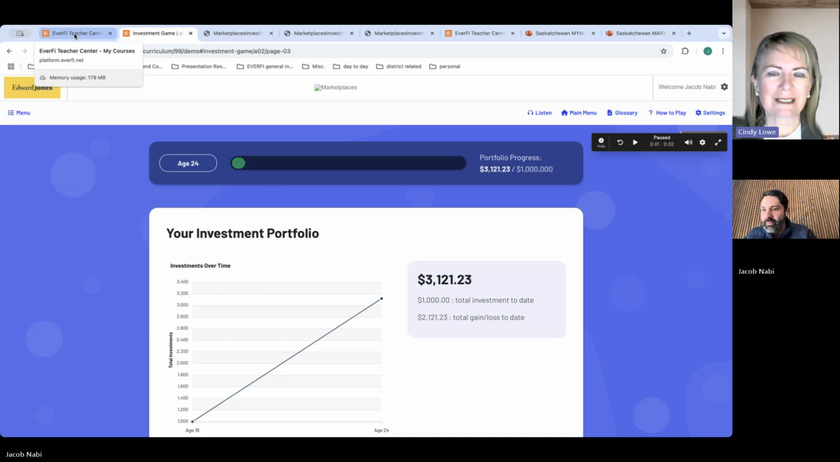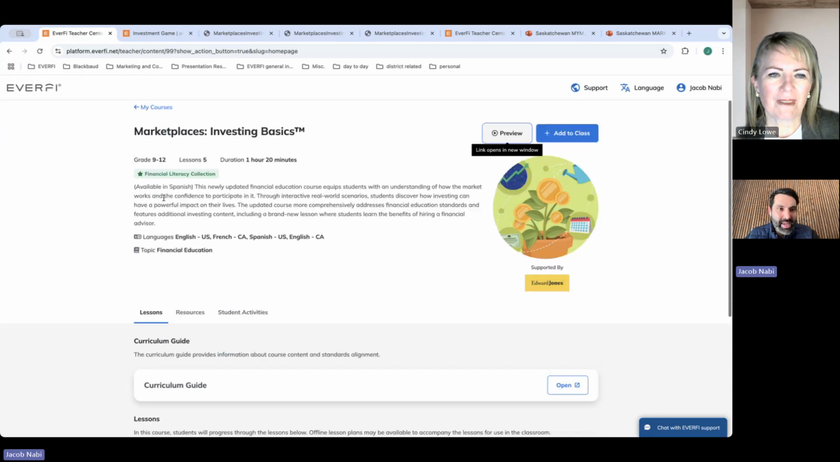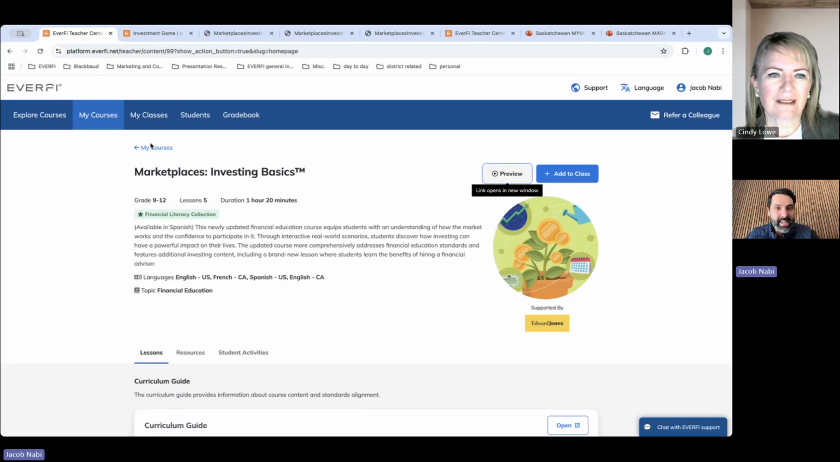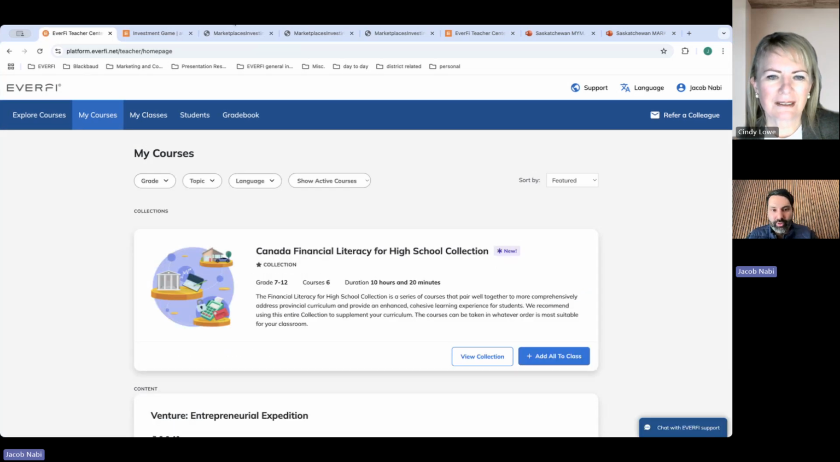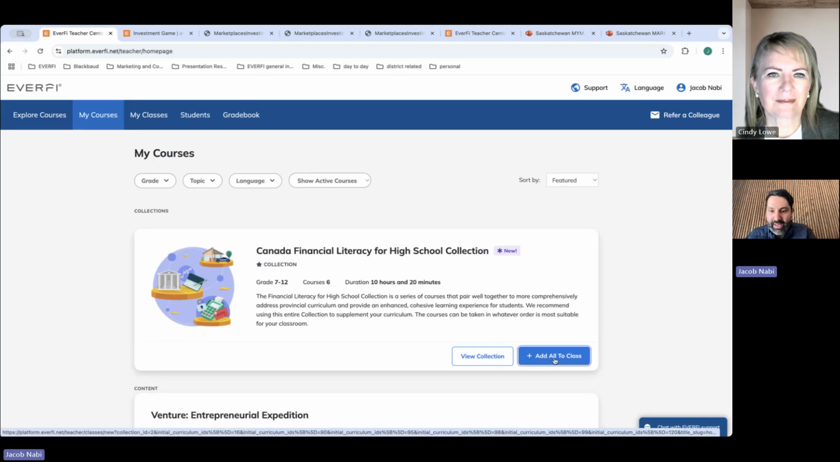Awesome. Do you want to show us maybe the teacher dashboard, and then we can look at that to see how teachers would see what the students are doing and track that? Of course. So here obviously is the dashboard. You might think, great, I want my students to have all of these financial literacy resources. So what you would do is click on this add to class button. So if I click on add to class here,